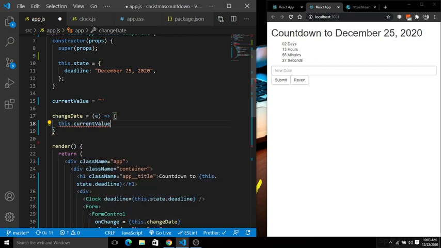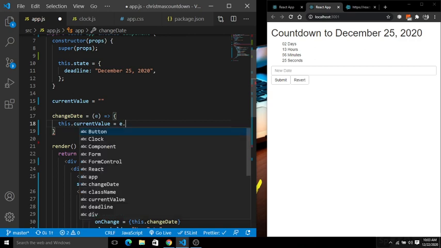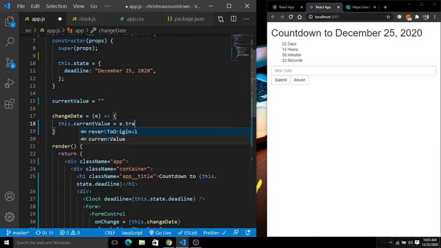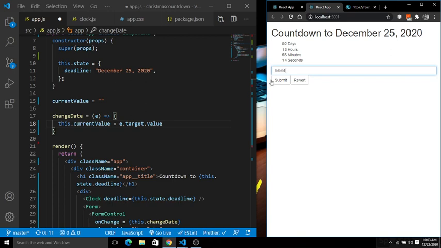For this, simply go and get this.currentValue is e.target.value. If you put anything here, you will see everything will now go into this current value. Basically e.target.value will do this thing.